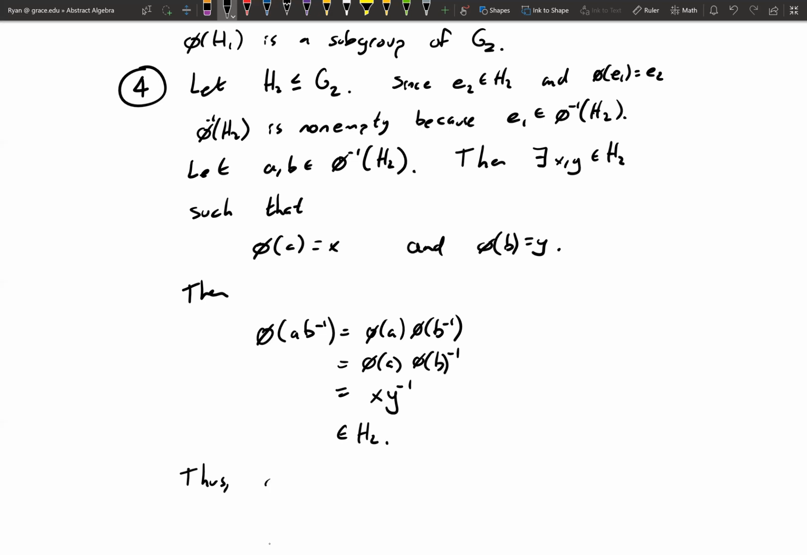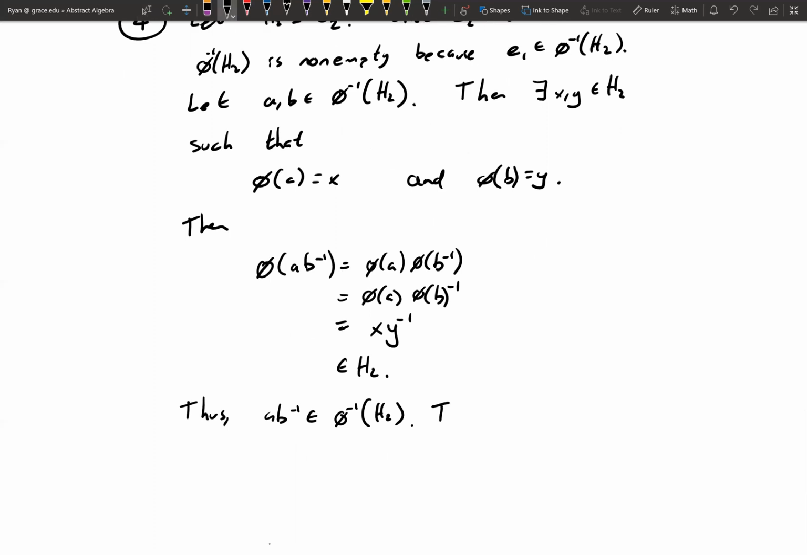Thus, AB inverse is an element of phi inverse of H2. That's the definition of phi inverse of H2, the elements from the domain that are sent to it. AB inverse is sent to H2, so it's in there. That shows that, thus, phi inverse of H2 is a subgroup